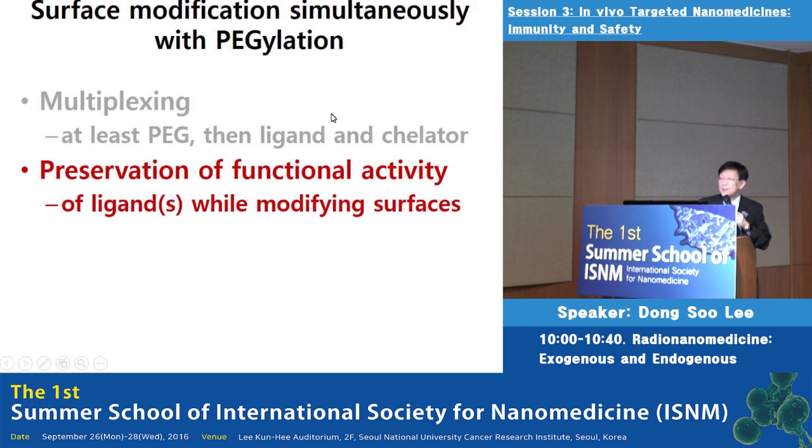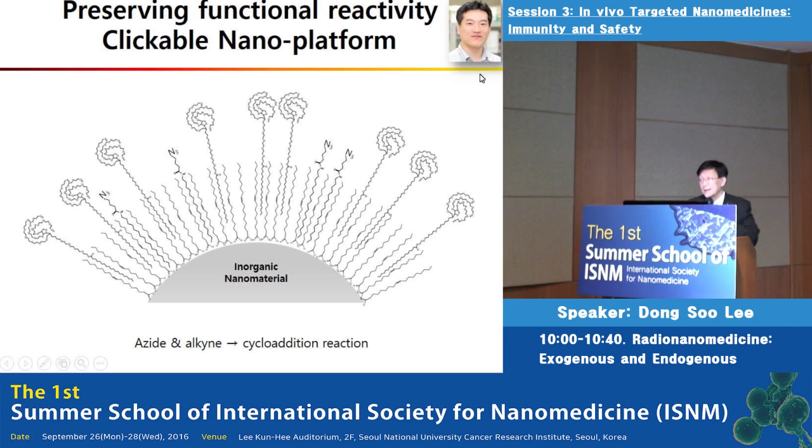We can just speculate. The second one is the preservation of functional activity of ligands. The ligand itself is good on its own. However, what if we put it on the surface of the nanoparticle? Is it okay? Sometimes the antibody hypervariable portion is just upside down, and then we have only the Fc receptor. We don't want an Fc receptor nanoparticle. So he devised